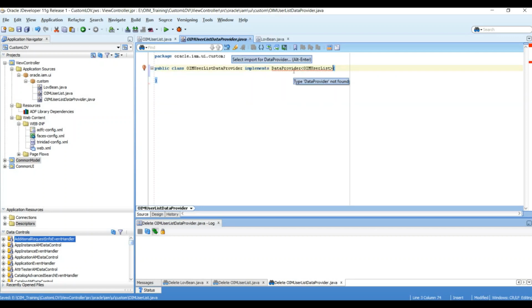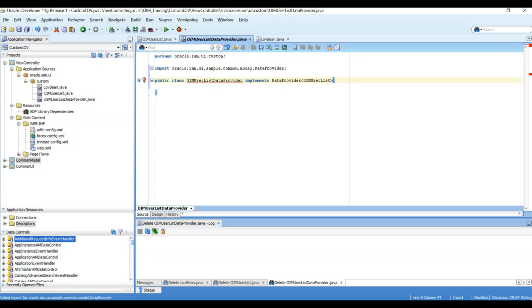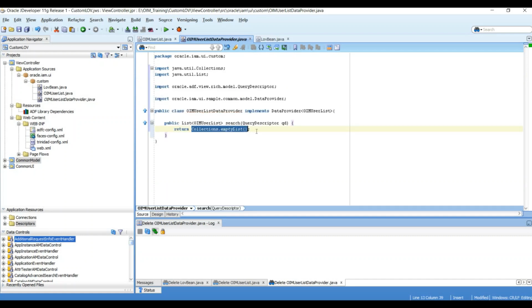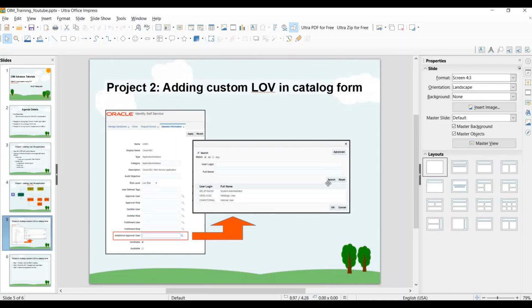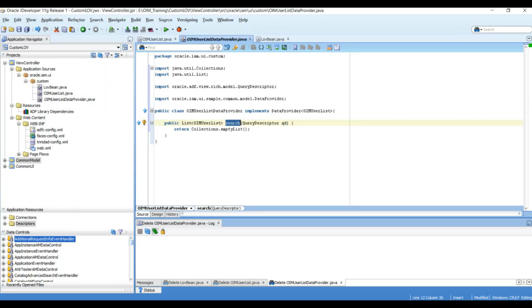Okay, the data provider, it should be yes. Okay, so the data provider is also coming from the common model project. Now this requires the implementation of the predefined method. So as you can see, this is the default method search. So whenever you click on the search button here, it will call this search method